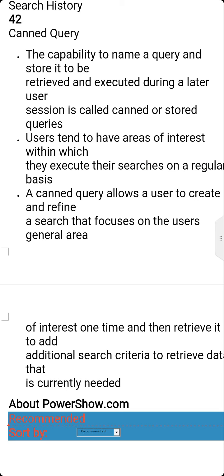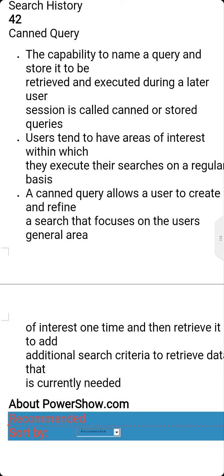It is called a canned or stored query. That is nothing but whatever query you type can be used at that time and can be stored for some more time. There is no need to type that query always. You can store that query for some days, and whenever you want, you can directly retrieve it. That is what canned queries are.